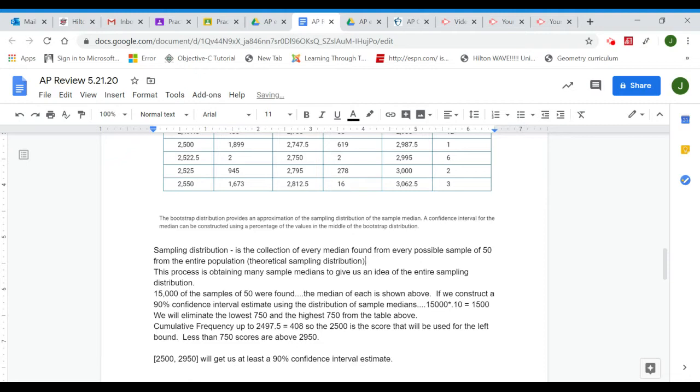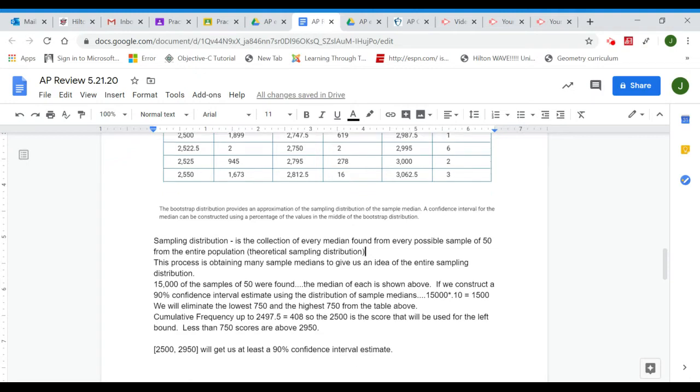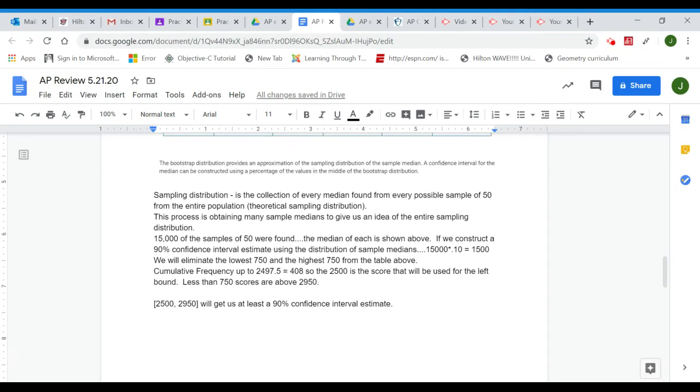Now we're trying to get as many sample medians as possible. We're trying to simulate that. 15,000 is a lot. Okay. So, that's pretty good work there. Now,